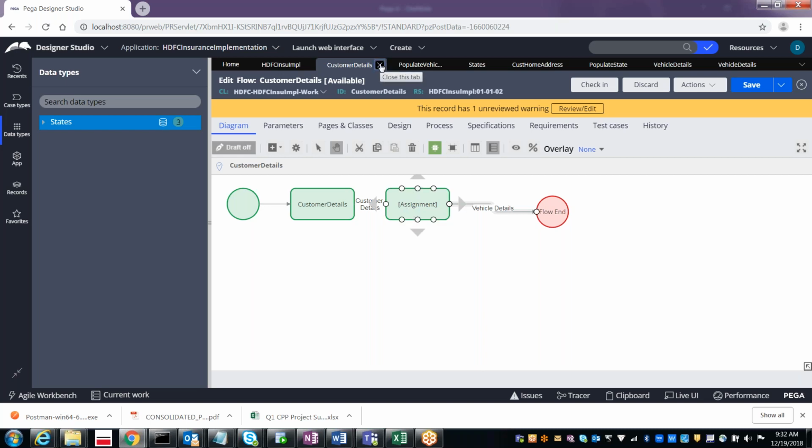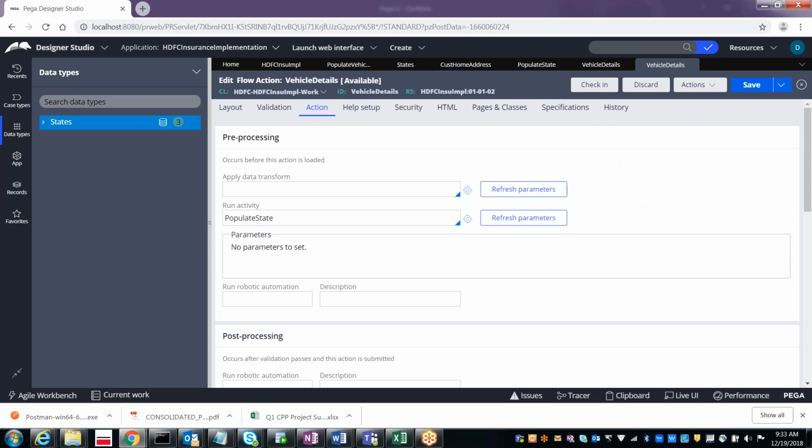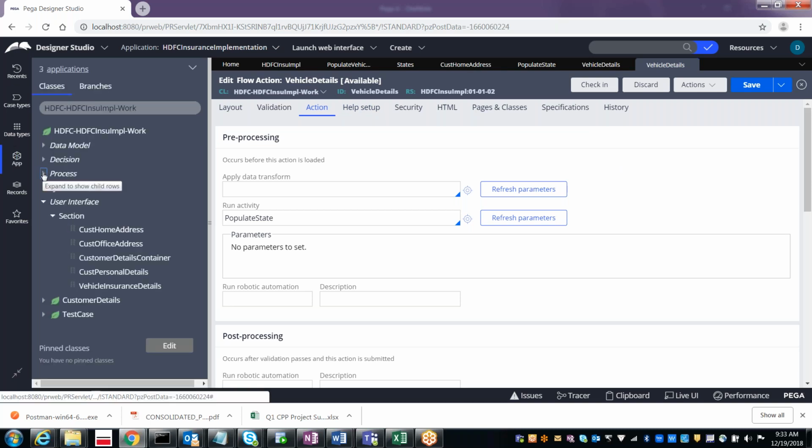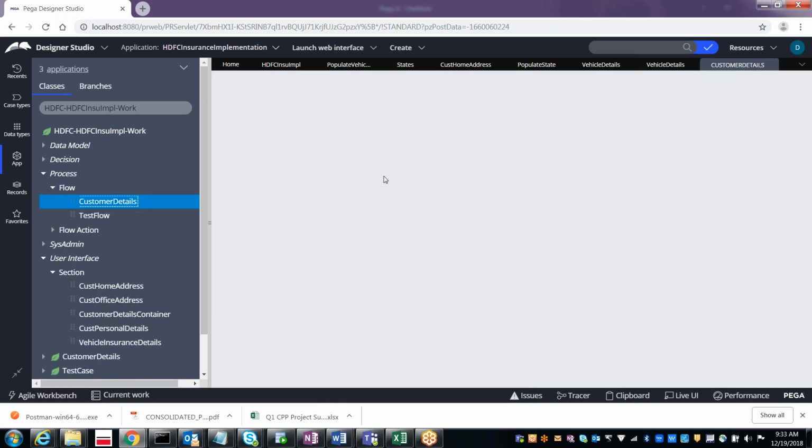I have run this one, customer details, then to the flow, process, flow, customer details.